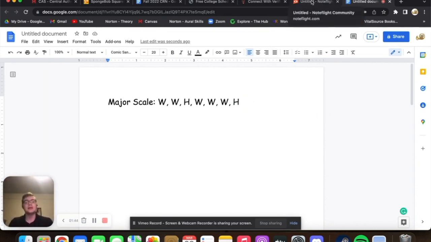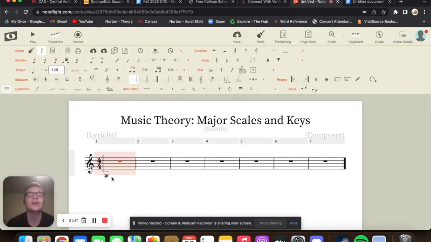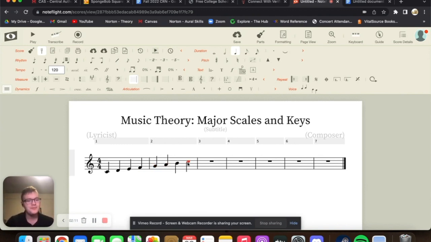So let's go ahead and see how it looks on musical notation. Now, the most basic scale or key signature is C major. It doesn't have any flats or sharps, otherwise known as accidentals. So let's go ahead and start with C. Now, as you could hear while I was building that scale, it sounded exactly like a major scale. And that's because we don't have any accidentals on this notation. Let's go ahead and write in